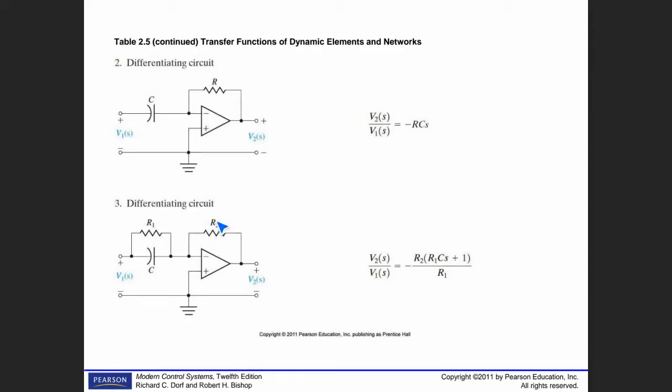And if you look at the differentiating circuit, not exactly equal to this one, but if you add another R and C parallel here, then you obtain this. We are not going to derive those equations, by the way. It's not our job. But what we are going to understand is that we are going to have different transfer functions. So if you want to design an integral controller, you are going to use the integral action. If you need a differential controller, you are going to use one